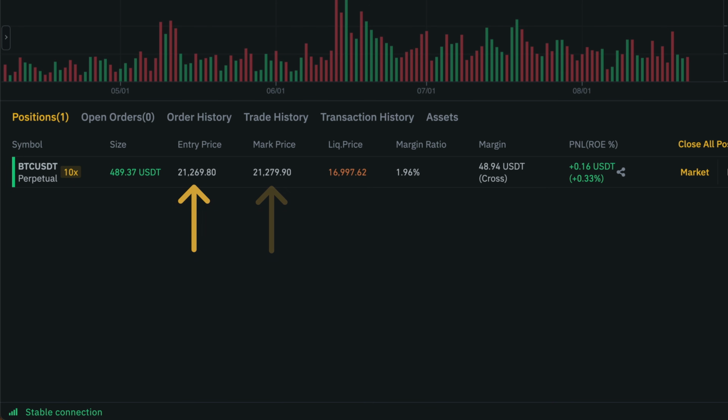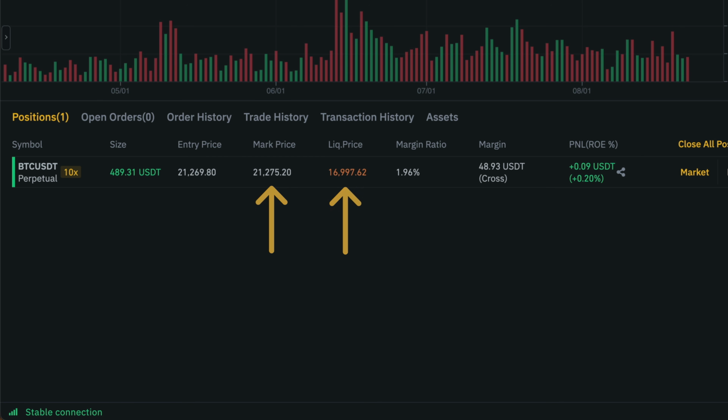We also see the so-called mark price, which is a reference price that Binance uses for liquidations. We're not going to go further into how exactly the mark price is calculated because, to be honest, I don't understand it either, but I'll leave a link to an explanation down below in the description. Next to the mark price, we can see the liquidation price for our position. This is a very important number we always want to keep an eye on. Because when the mark price reaches the liquidation price of our position, liquidation will be triggered and we'll lose our